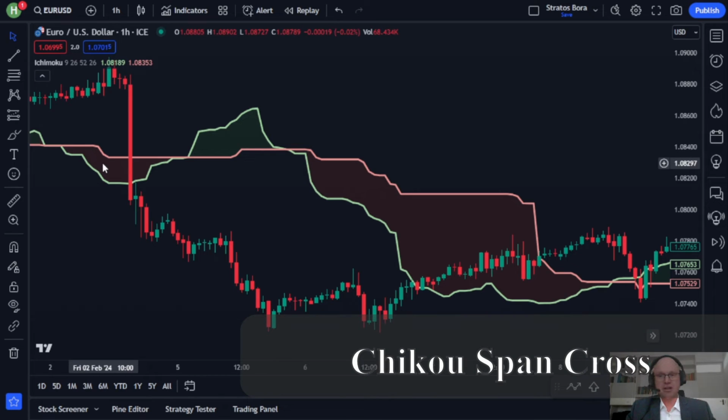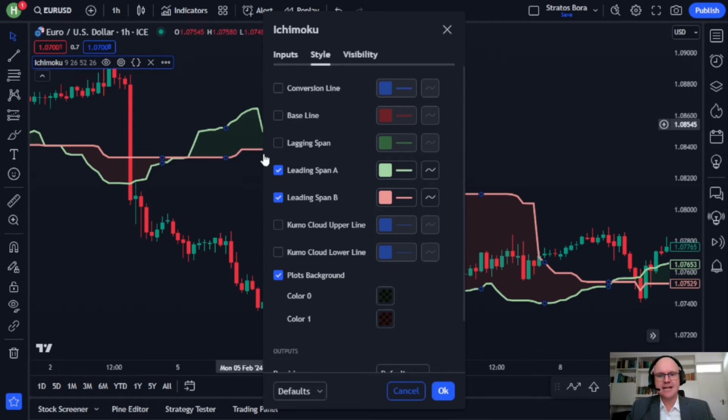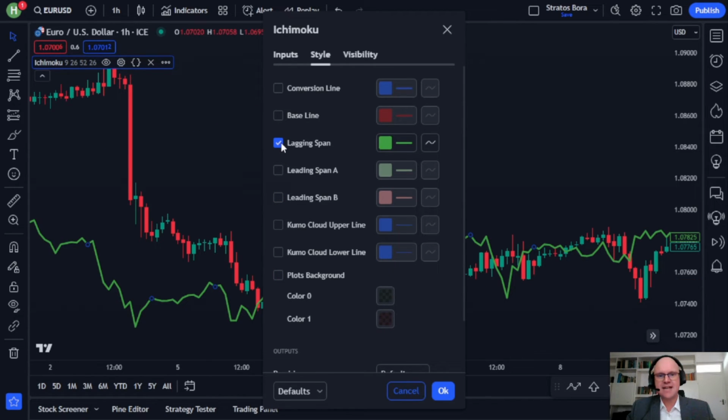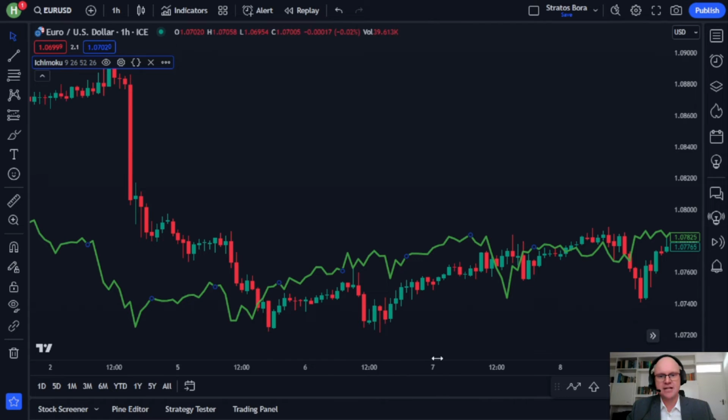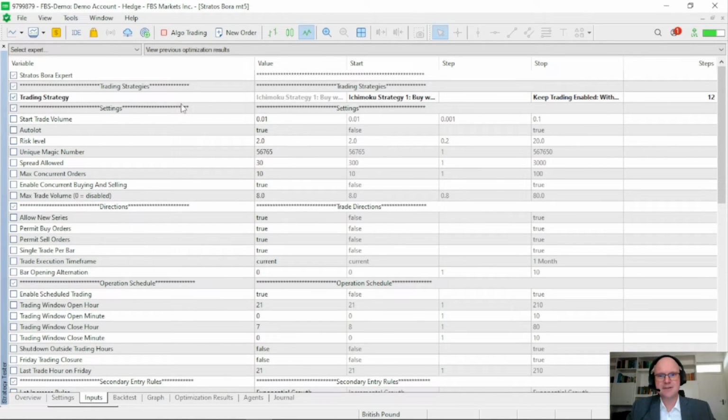Then our last strategy involves the fifth component of the Ichimoku, which is the Chikou Span or lagging span. This indicator lags behind price and is used in conjunction with price action for our final two strategies. Now, these strategies work as when price action crosses below the Chikou Span, we take a sell trade. And the opposite is true for when price action crosses above the Chikou Span, then we take a buy. Now, as you can imagine, for strategy number 10, this does the reverse.